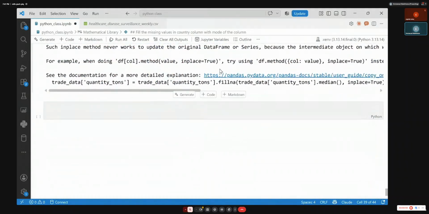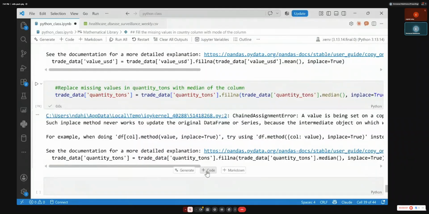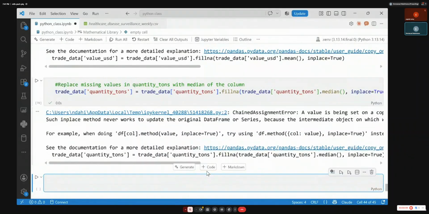So now the next step, if you finish this cleanup, what else can you do? Let's say you finish this work and a colleague of yours says, please, once you finish this process of cleaning and so on, send me back that file. Now it is within Python. So how can you save something from Python to your CSV file or Excel? That's what I'm going to do.